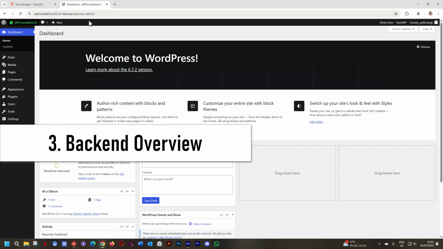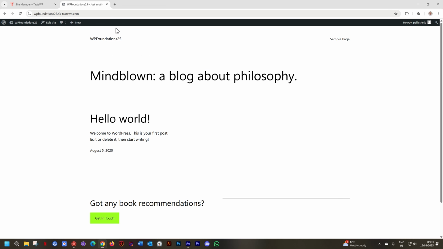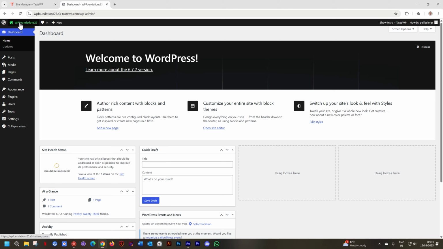So what do we actually have here in the back end? I showed you the toolbar at the top, and the toolbar will always indicate to you that you are working within WordPress. Even when you go to the front end, like we did earlier, if I click and go to the front end, the toolbar will appear there. It will show you the website. But because you can see the toolbar, you will know that you are signed in, you're actually working within WordPress. Let's go to the back end.